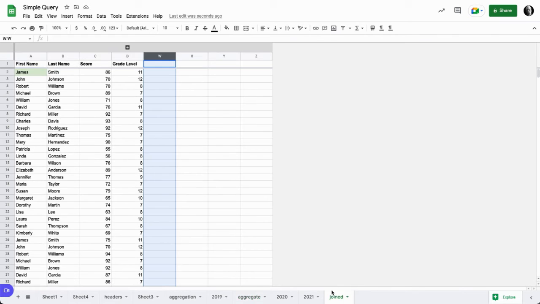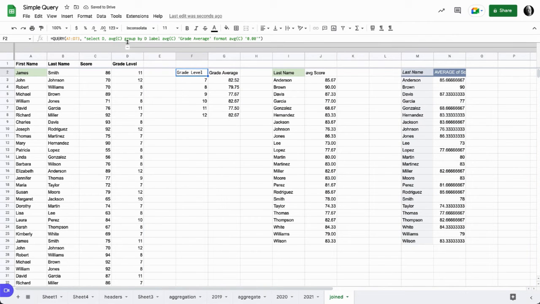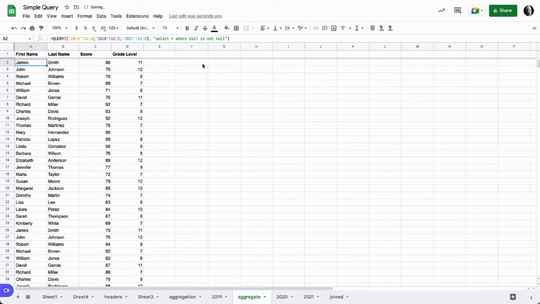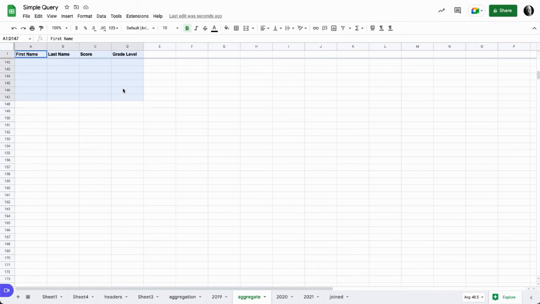Now that I've combined the data, I'd like to do some aggregation of the data with it. And I already have a sheet where I've got that. I'm going to copy a formula and we'll paste it in back on the sheet we're building so that we can take a look at how this might work. I'm going to go ahead and paste that formula in, and then let's take a look at it. What we're doing here is we're querying A1 through D73, selecting D, we're selecting the average of C, and then we're using a group label and format function so that we could go ahead and